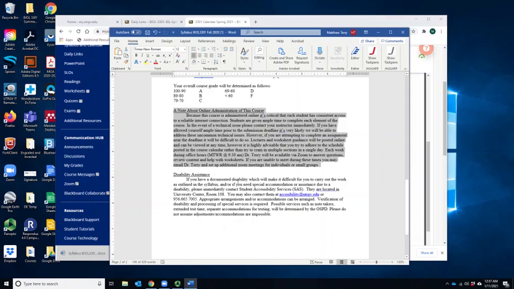The final element on the syllabus is disability assistance. This may not apply to you now. Great. If it does, let me know, communicate with me so I can make sure we can make the accommodations that have been decided are applicable to you. If it doesn't apply to you, please also keep this in mind because you never know. Sometimes you may have an accident or something that comes up that means you will need to take advantage of this. And there are lots of resources and accommodations that can be made for just about any sort of circumstance